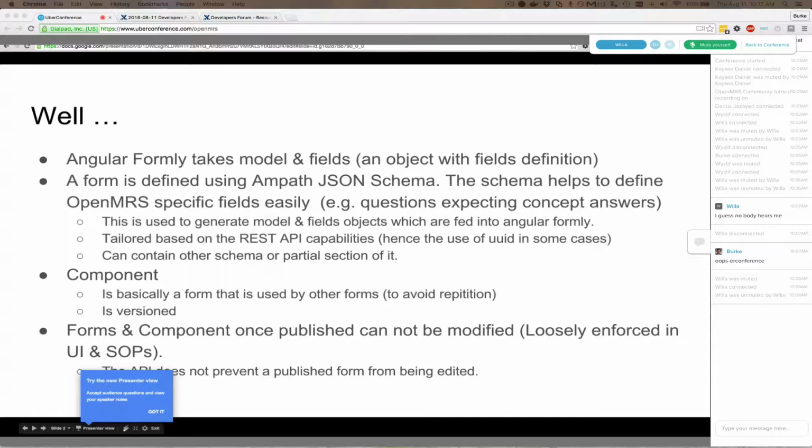So this is just a convention we've introduced at AMPATH that when we publish something, we don't expect anybody to go around changing it, because then again, when you want to use it for the data that has been collected using the existing forms, you might find some errors, since the data was collected using a component that had some specific characteristics that are no longer there. So when you want to view the data, because you're using the form to collect and view data, that's why we had to do this.